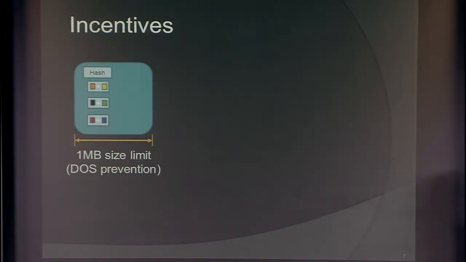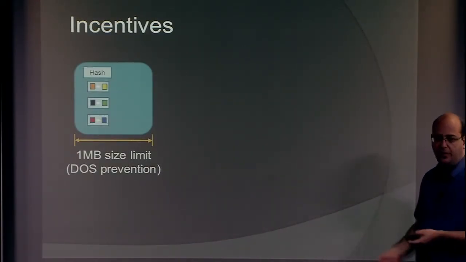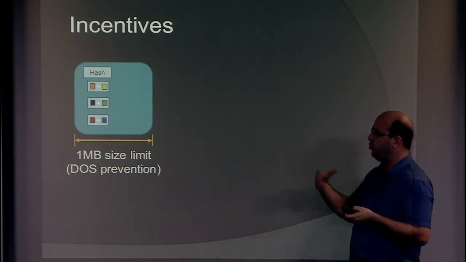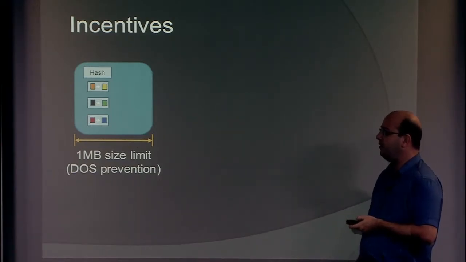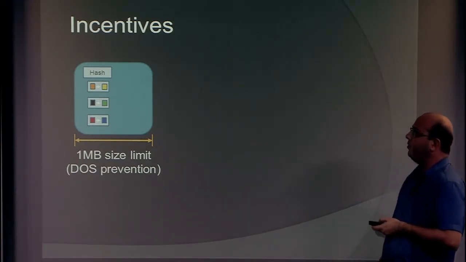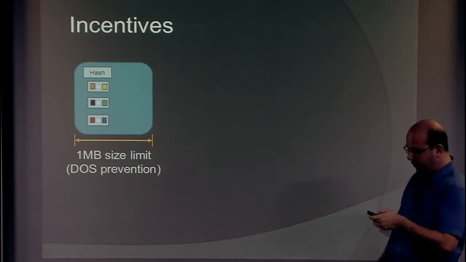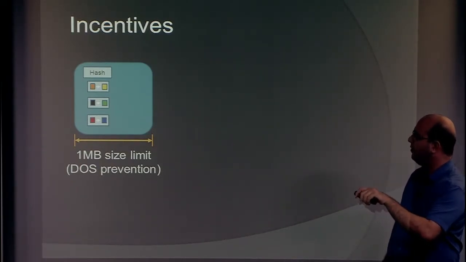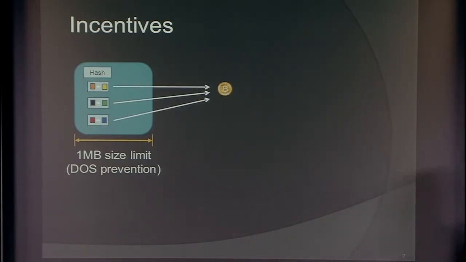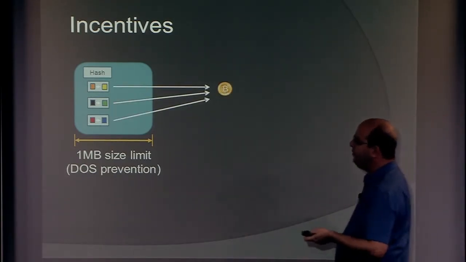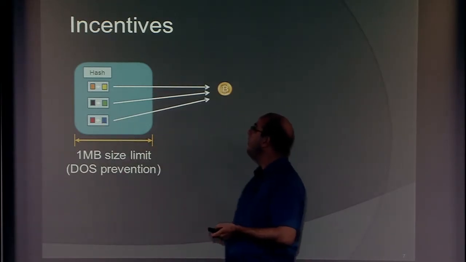So let's talk about the incentives. We need to incentivize a lot of nodes, right, to enter the system, to join us, and to invest computational effort in creating blocks. So the best way is actually to pay them, right? So whenever somebody creates a block, it has all these transactions inside of it. And we're going to collect a little bit of money from each one. This is a kind of a fee for using the system.